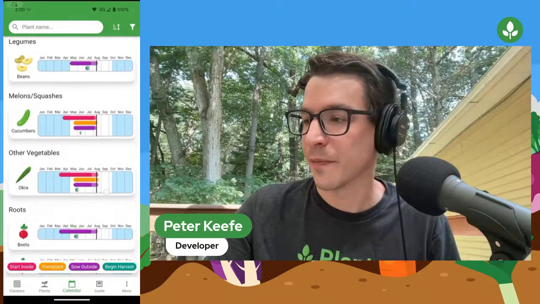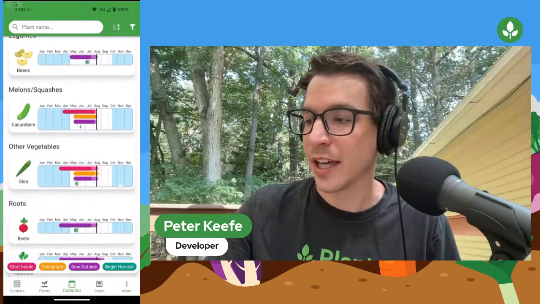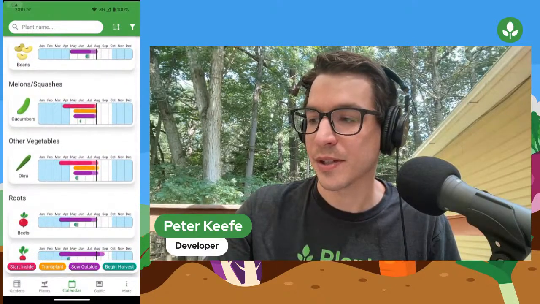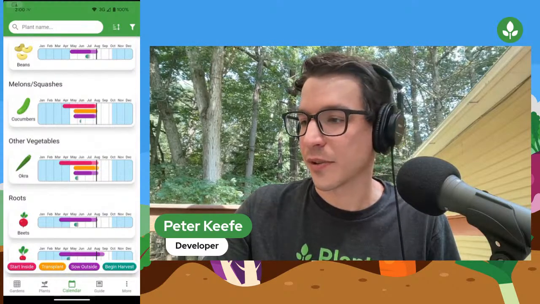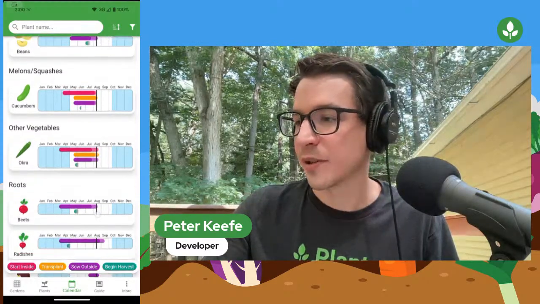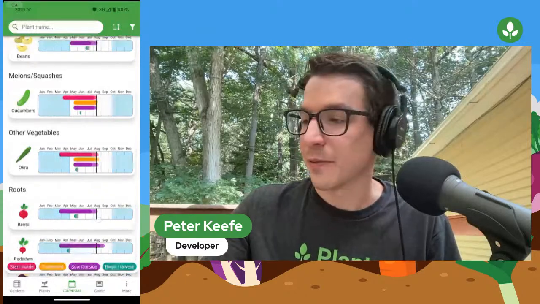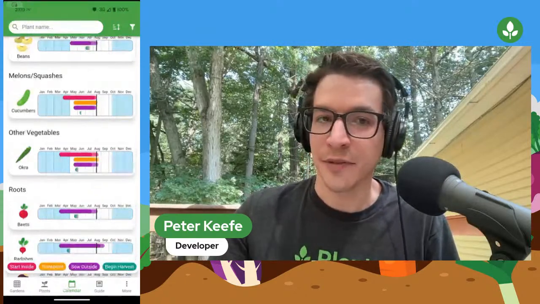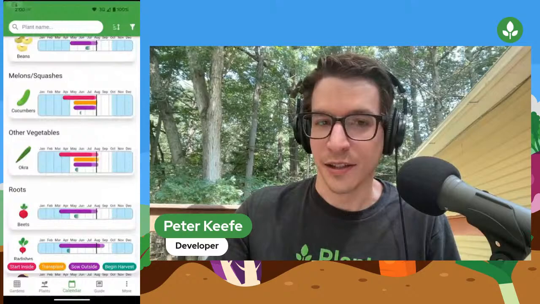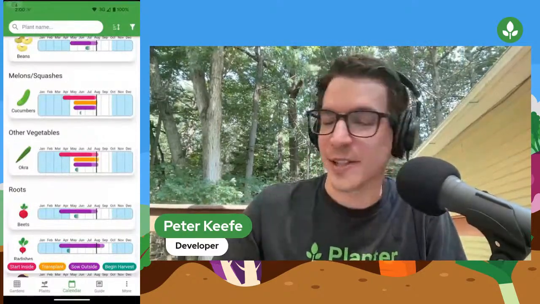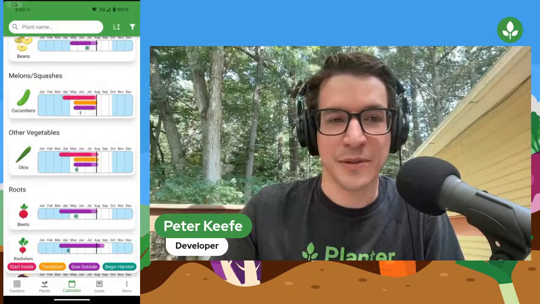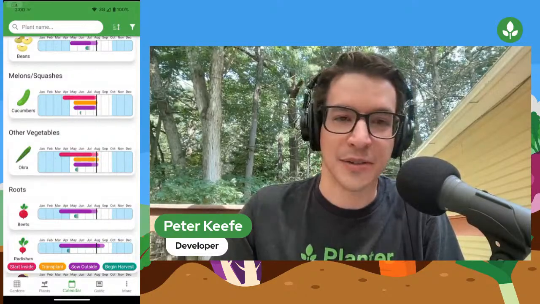It's a good time, but we are reaching the end of the sow point because this is calculated based on all these ranges. For instance, this cucumber range here, we're at the very end of it because right now, if you plant cucumbers, my fall frost date might show up before any cucumbers actually ripen